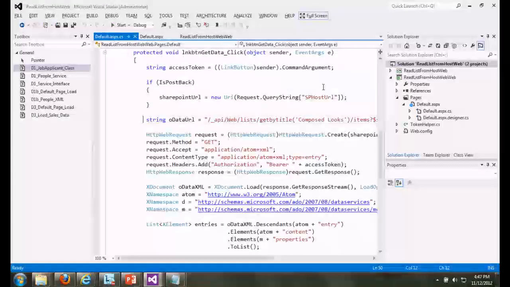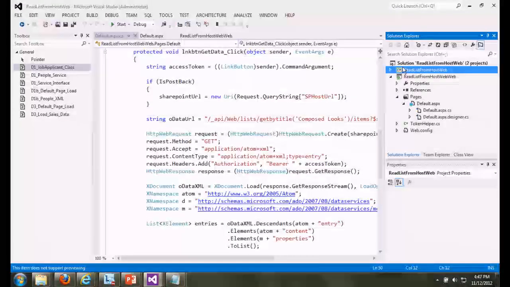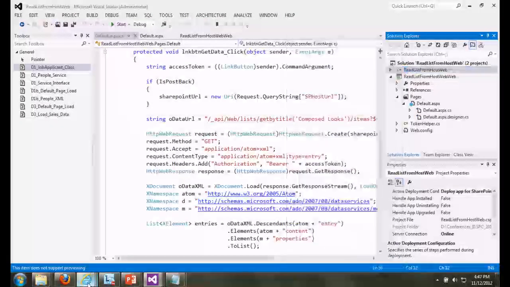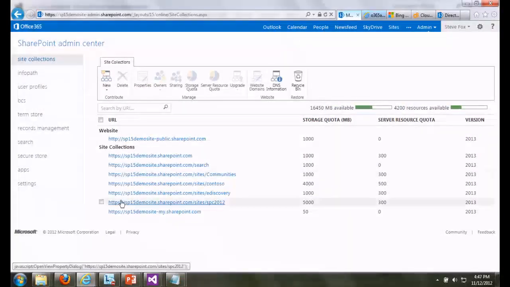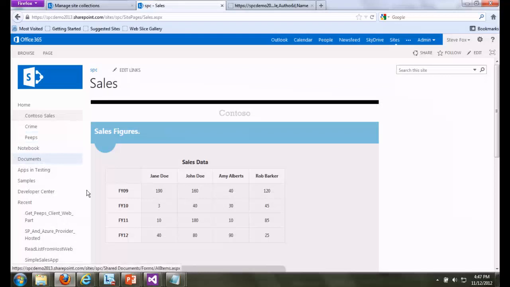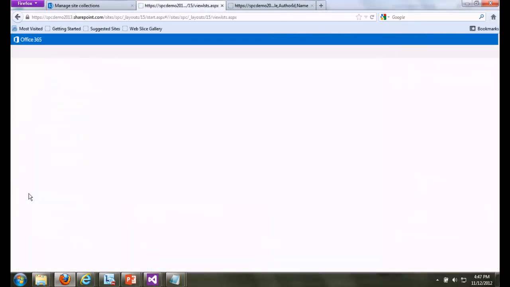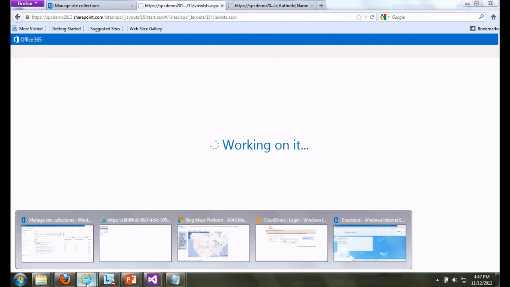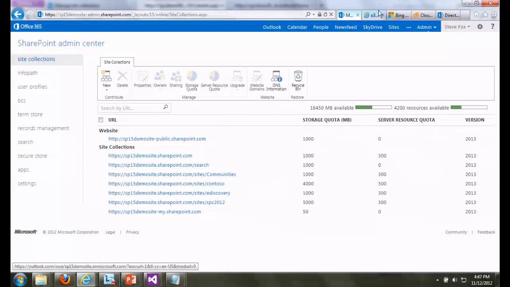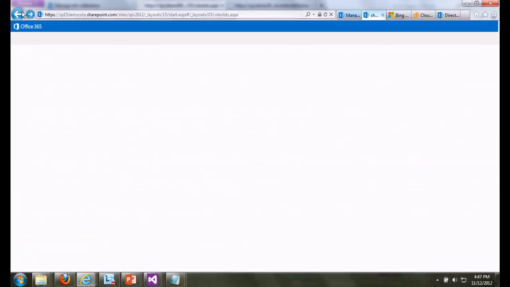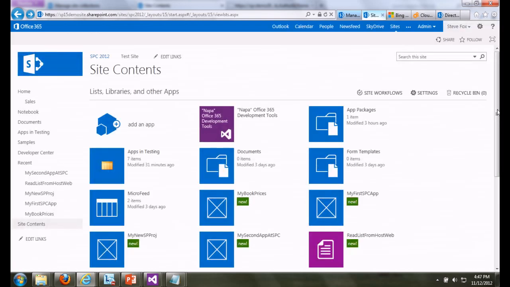Much like anything, I can go publish and deploy. And the end result, if I go down here and go into site contents, here we go.